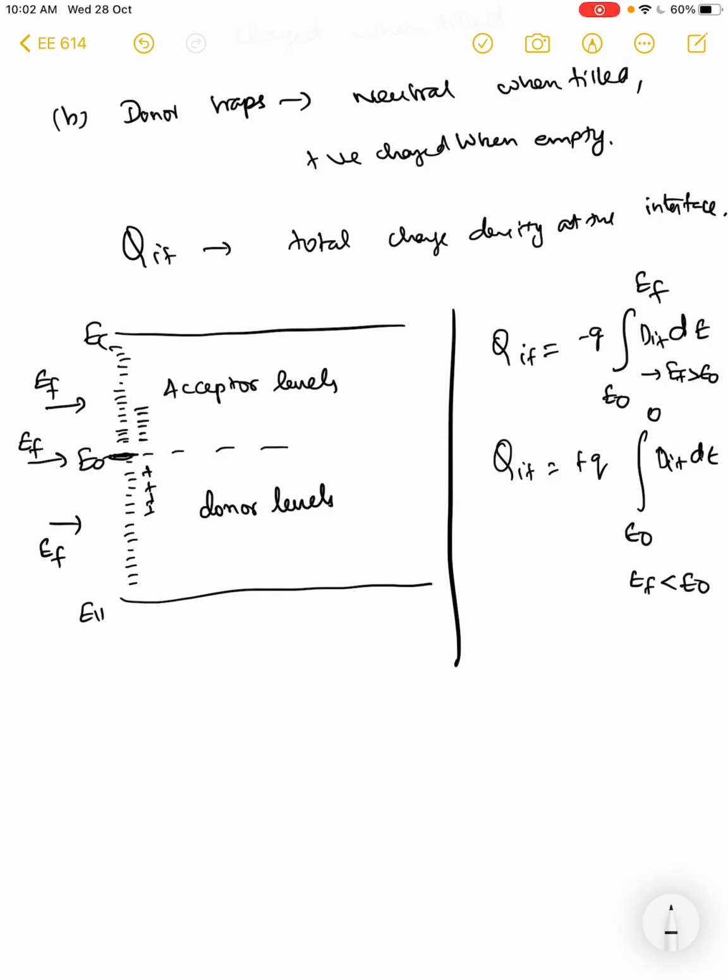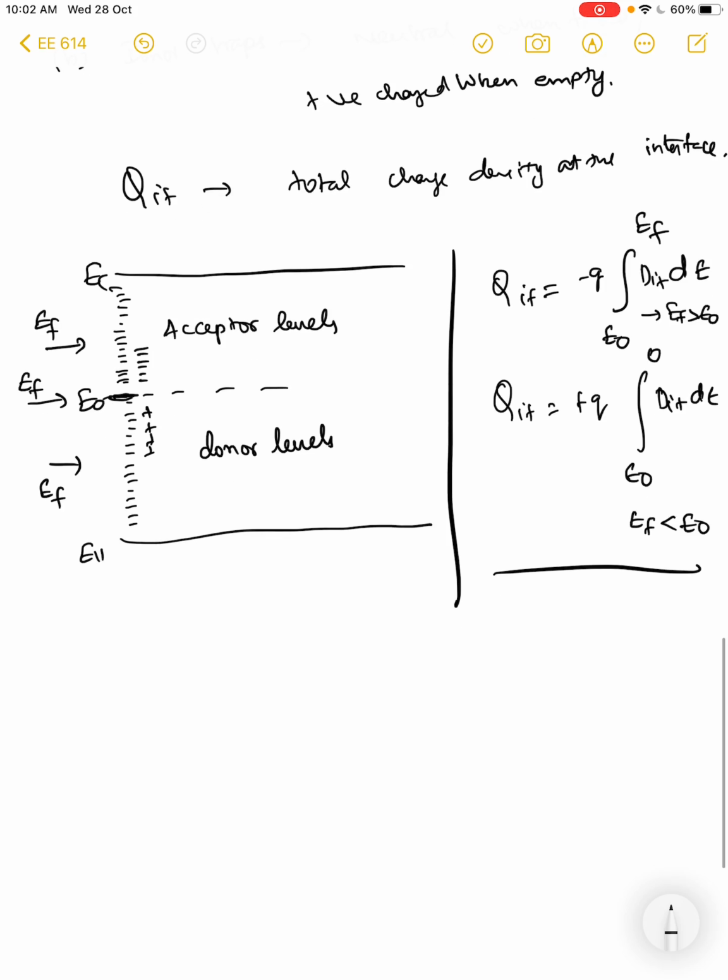So this is how the total charge at the interface is modulated, and you can obviously change EF by changing the potential, right? So basically when you change the potential, the only thing you do is you move the EF up and down, and when you move the EF up and down, you change the effective charges at the interface, and hence